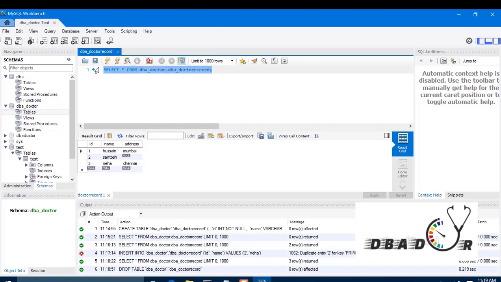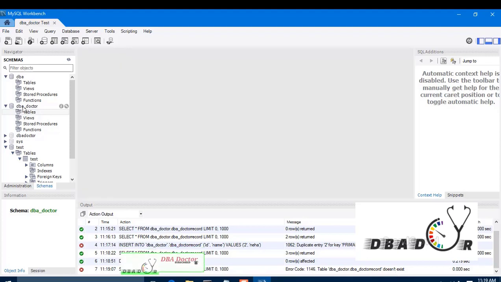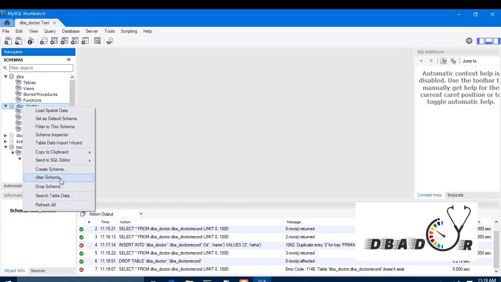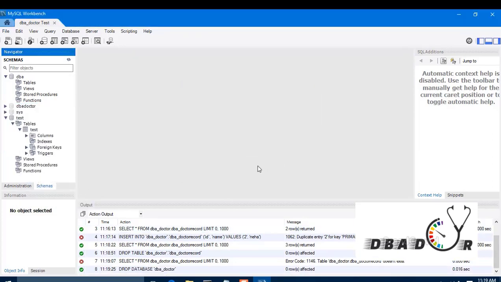If I fire this statement again, we are getting the error that it does not exist. So we have dropped the table. Now we are going to drop the database, the schema. Drop it now. So now the database is also not present, you can see.